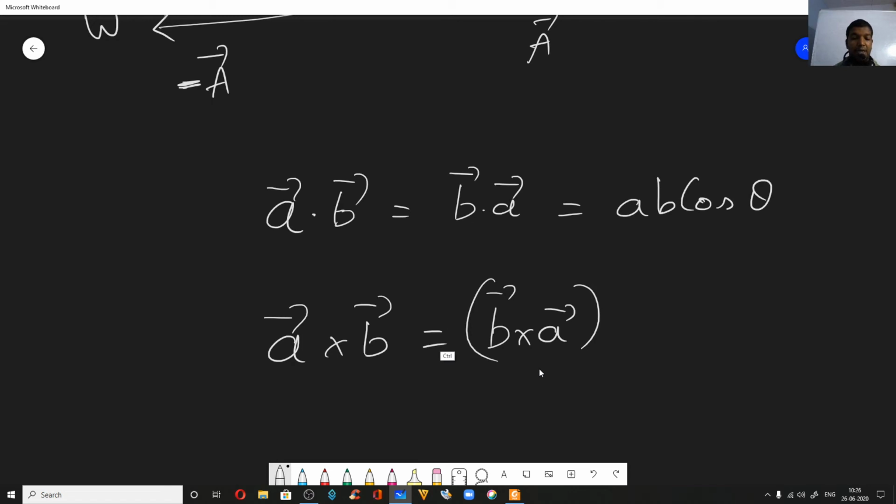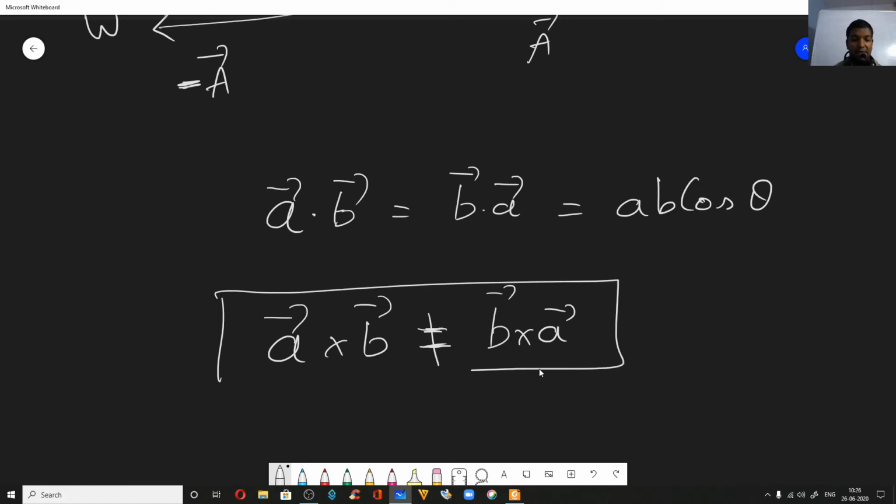If you simply write as per commutative law, A cross B is not equal to B cross A, because when you talk about vectors, direction and magnitude has to be the same. Only then you can say A cross B is equal to B cross A. Here A cross B is a vector, B cross A is a vector, but both of them are pointing opposite in direction. Even if the direction changes, you cannot say both the vectors are same. So therefore commutative law is not obeyed when it comes to vector multiplication. Scalar multiplication it is obeyed. Here commutative law is not obeyed.